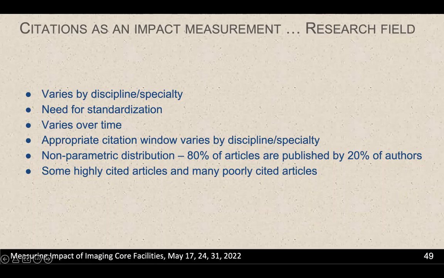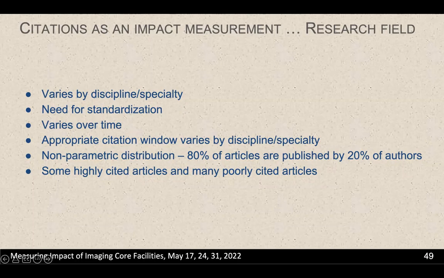The number of citations varies over time. In some disciplines you get citations very quickly, within 2 to 3 years, others come much later. You have some late bloomer articles as well. And as you said earlier, in certain fields everything over 10 years is just not considered, which is a shame.